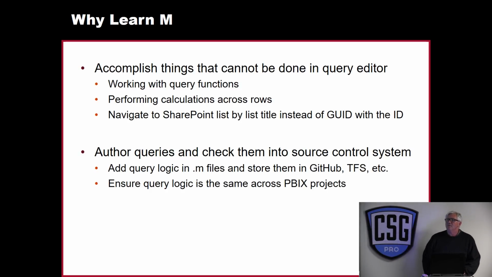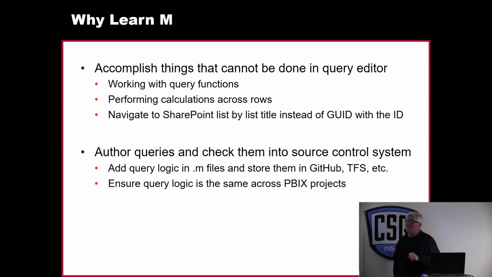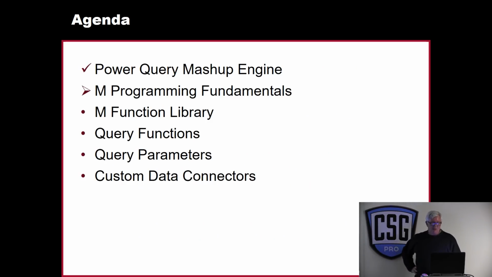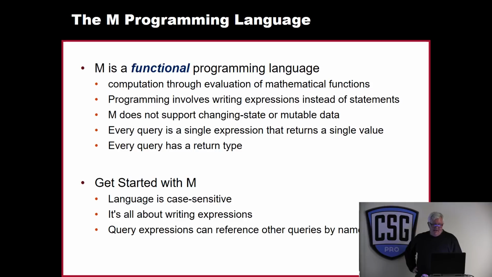Another reason might be that we have the same query logic and I want to use it across 10 different Power BI Desktop projects. So writing the M code, putting it in a source file and checking it into source control means that I can take that code out and copy and paste it into 10 different projects. So it's a good way to have golden query logic that you want to use across projects. And stay ahead of the pack. So let's go ahead and look at some of the